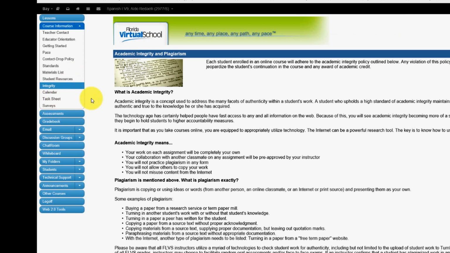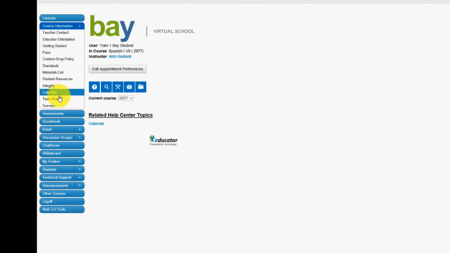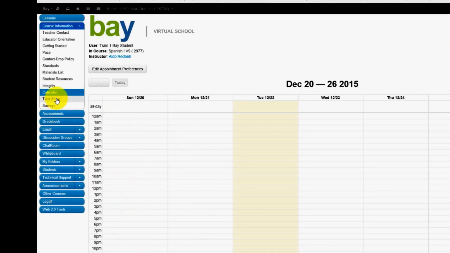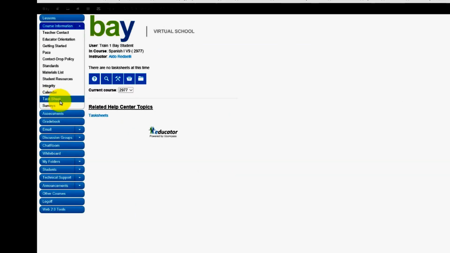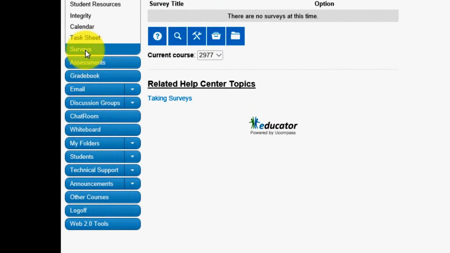be a better student. Again, it talks about integrity, and we already talked a little bit about that, but again, it's going to be emphasized throughout the entire course. It talks about academic integrity, plagiarism, what is not plagiarism, and it gives you some examples. So again, very important. There is a calendar in case you need to set up appointments or something for yourself or reminders. There is also a task sheet, and we really don't use the task sheet or the surveys, but